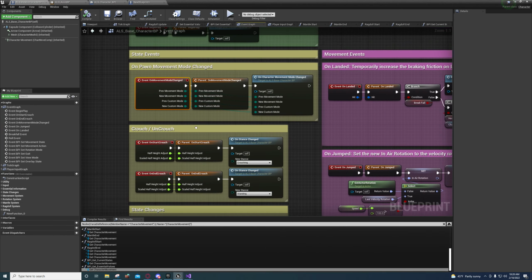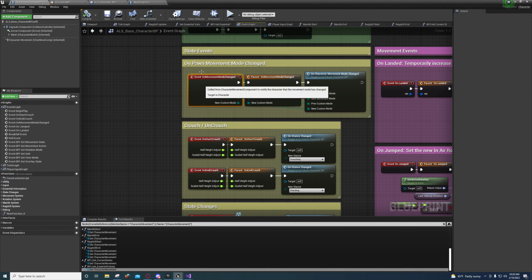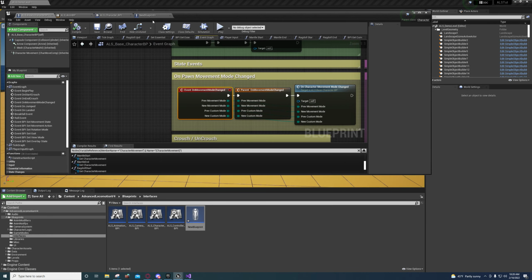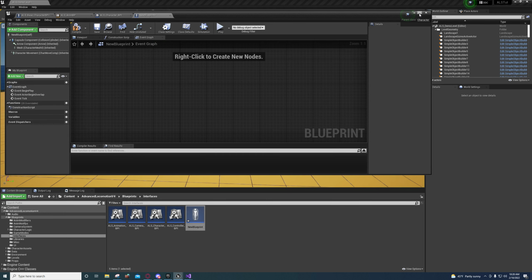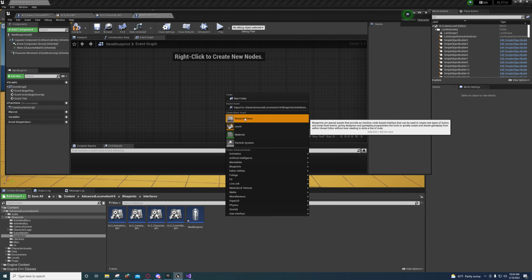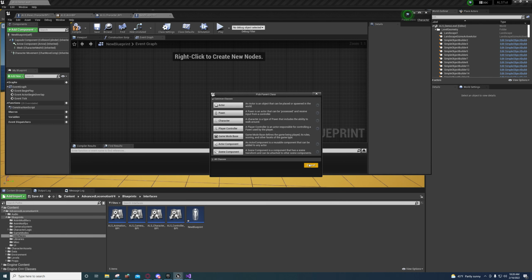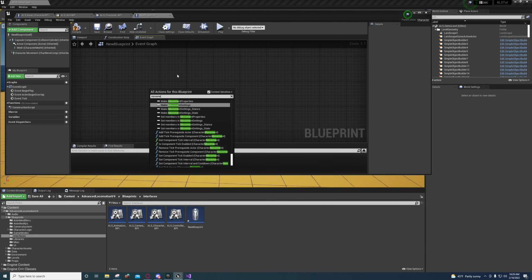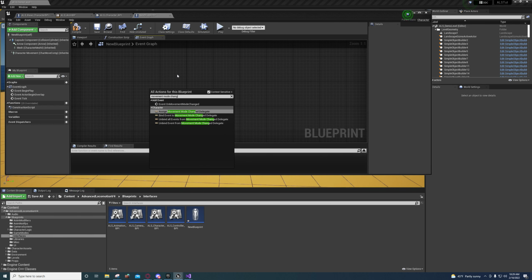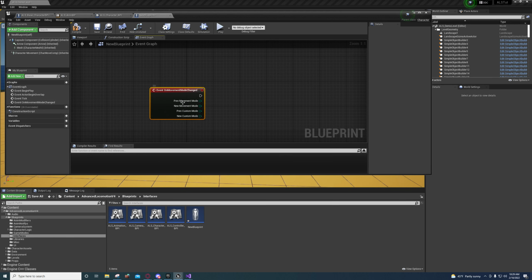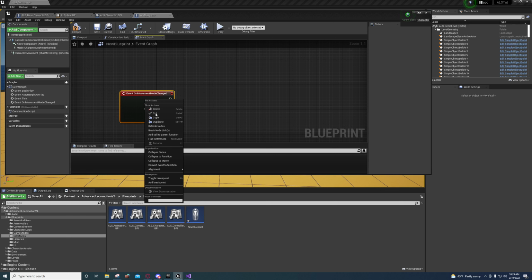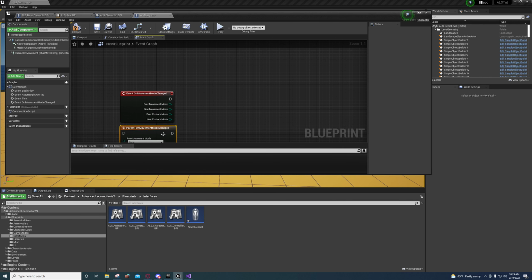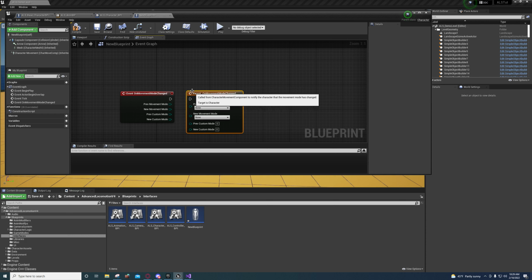So what he's doing, and I'll go ahead and show you how you can do that too. If we create a new character blueprint by going over here, going to blueprint, going to character, and then just open it up, you can right click and type in, let's say, movement mode changed, on movement mode changed, and then it'll add this to our event graph right here. And then we can right click on it, and we can go to add call to parent function. And what this is doing